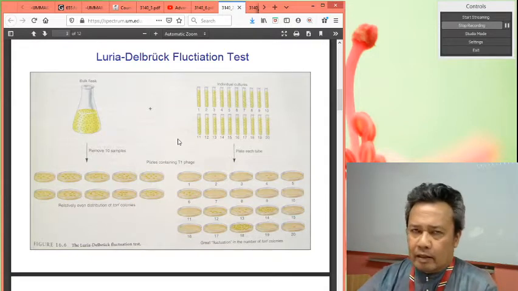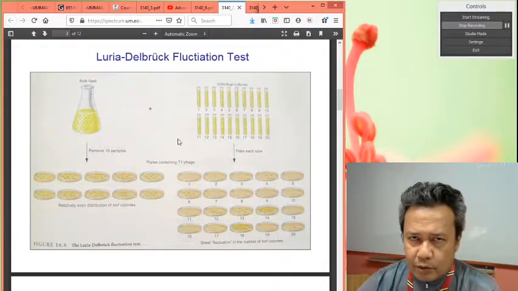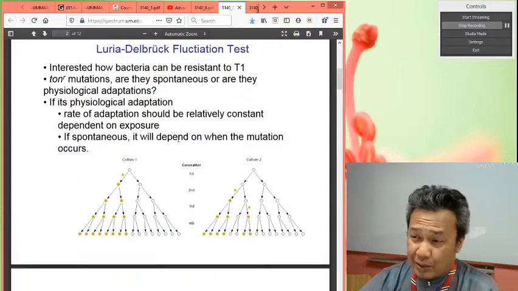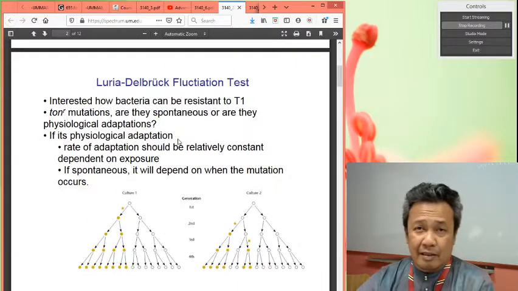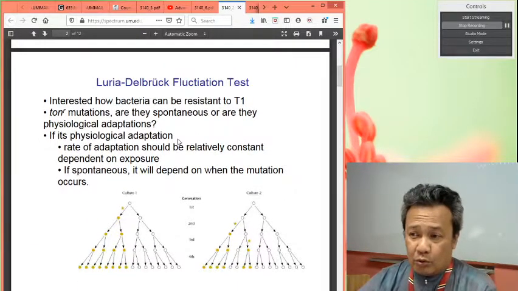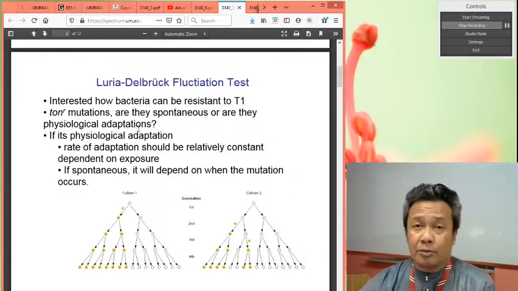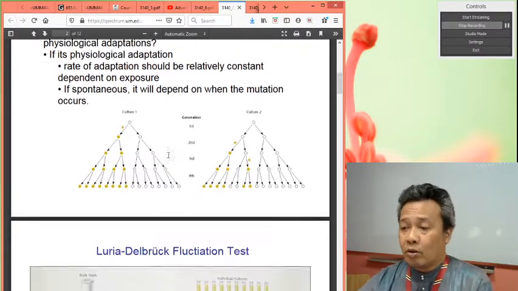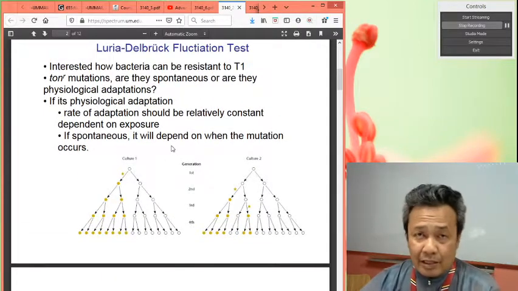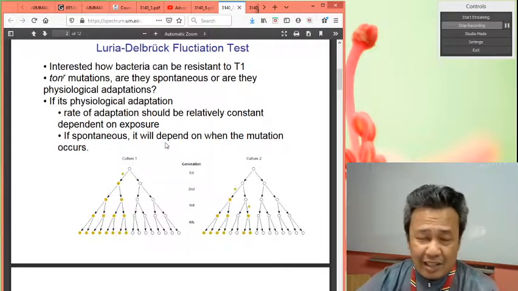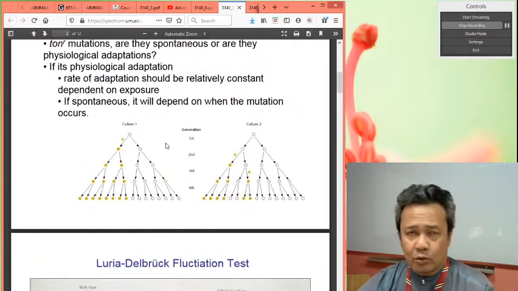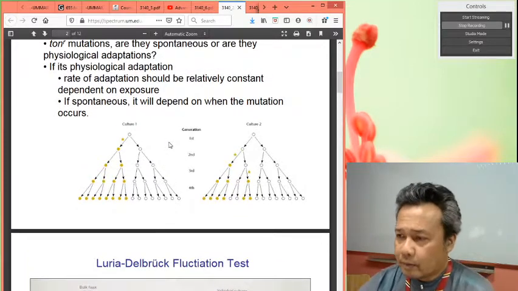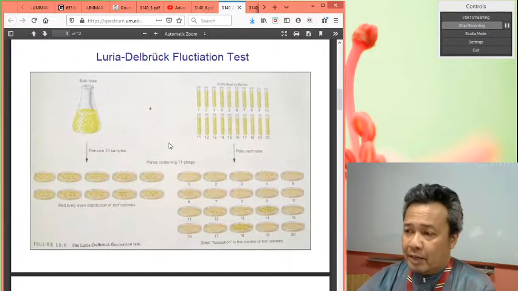Now, the question is whether mutation is due to adaptation, that means mutation is driven by its environment, or is it something that occurs spontaneously in the cell regardless of its environment? So that was the question. Those were the two possibilities. So in this experiment,